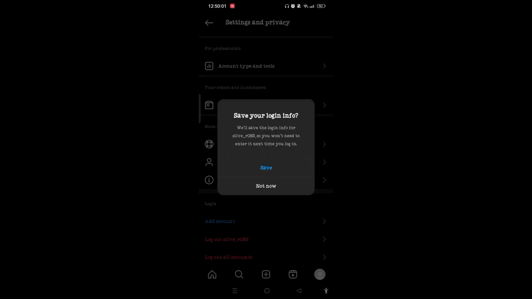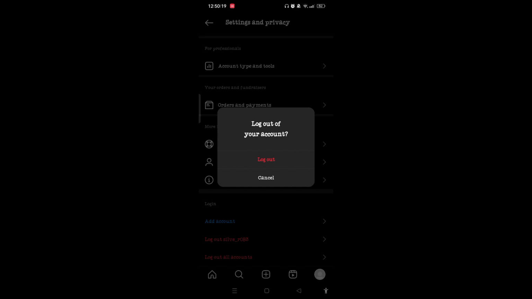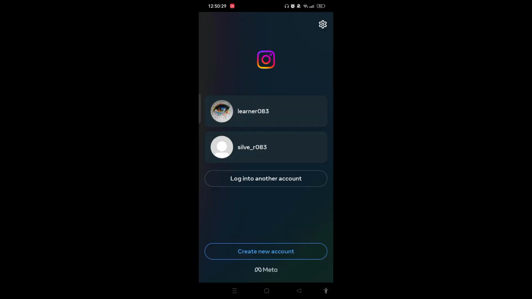Now, if you want to save your login info, you can tap on Save so that you don't need to enter your credential next time you log in. Or else, if you don't want to save your login info, then simply you can tap on Not Now. Now tap on Logout. And then you can simply choose the other account that you want to switch to, or else